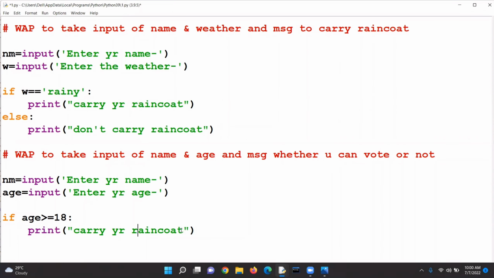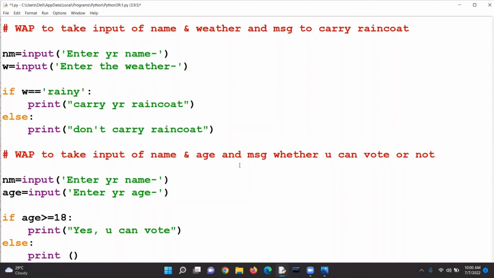So where is the name of the user being saved, children? Ma'am, in variable nm. In the variable nm. So we can directly use variable here. Yes, you can vote is my message. Enter will tell me to write more lines, but here I don't want to write any more line. 1 backspace, else, and then in else we are again printing